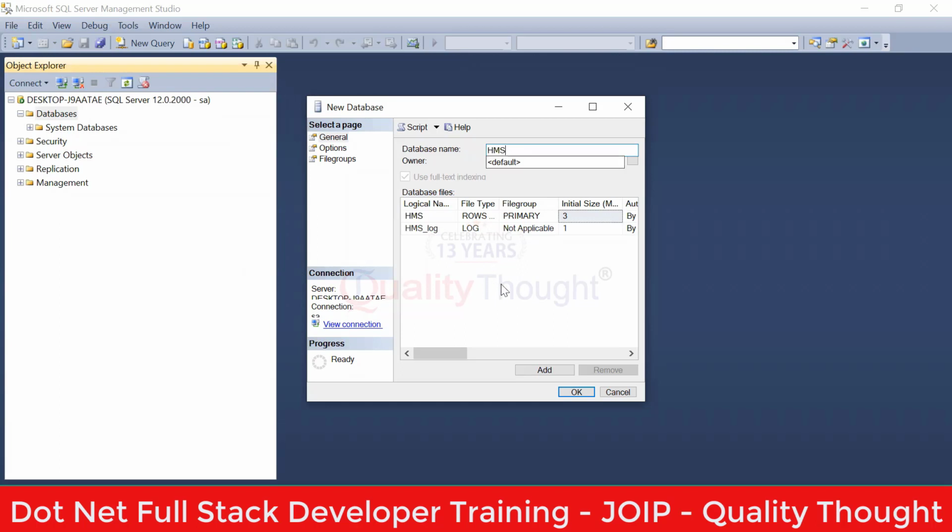Okay. Don't click the Add button. Remember that, all of you. Don't click the Add button. Click the OK button. Remember that. And one more important point,